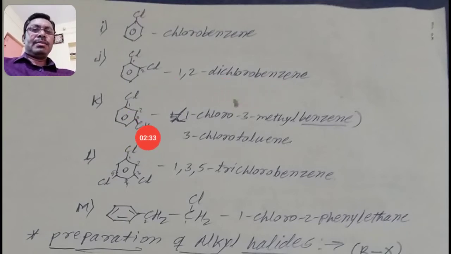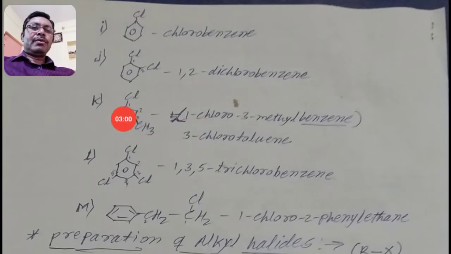And the next example also has two substituents: only one halogen atom and a methyl group. That means there are also two branches, but these are different. In that example, if the parent compound is benzene, then the name of that compound is like this. Give the numbering 1, 2, 3. At position 1 there is chlorine, at position 3 there is a methyl group. Then you must write 1 chloro, that is here, 3 methyl, it is here, and the benzene ring, that is benzene.